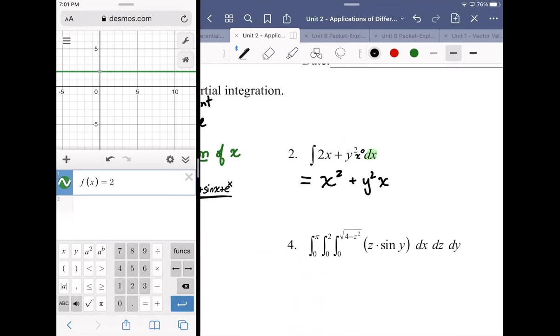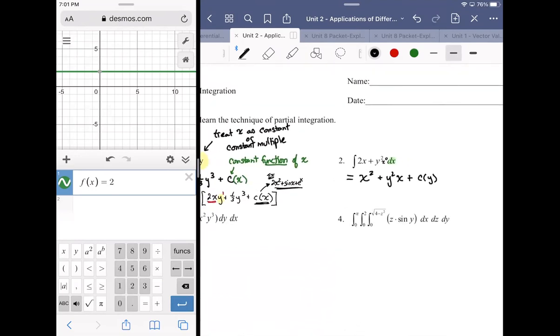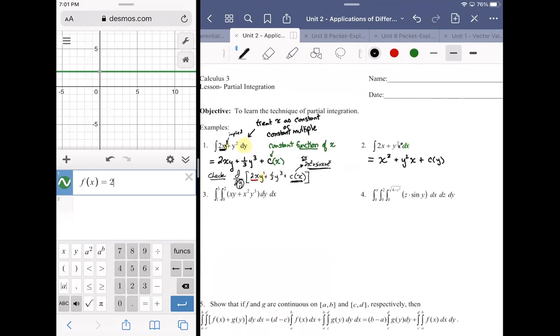Right? But now what I need to do is tack on a constant, an integration constant that is a function of y. No x contained in it. That would differentiate down to 0 through the checking process. All right. So that's a little bit of a twist. It takes a little getting used to, but we need to get used to it because, as you can see,